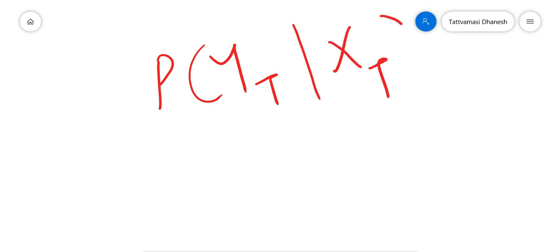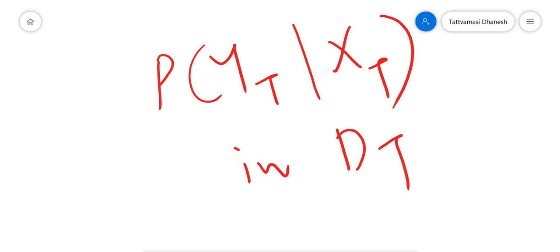Then the objective of transfer learning is to enable us to learn the target conditional probability distribution, that is P of Yt given Xt, in the target domain Dt with the information gained from Ds and Ts, where you need to understand